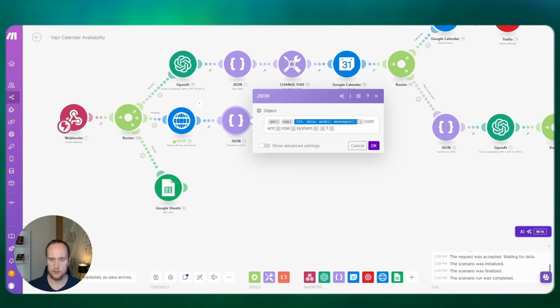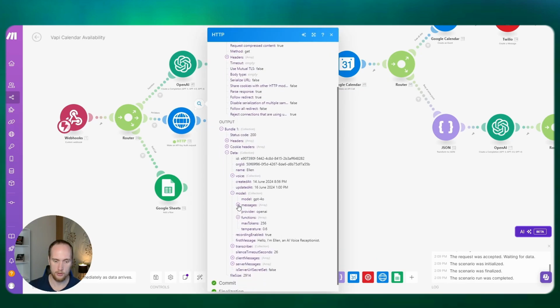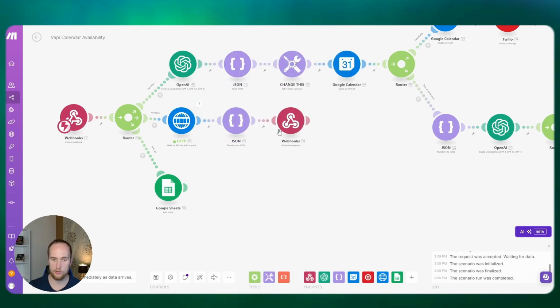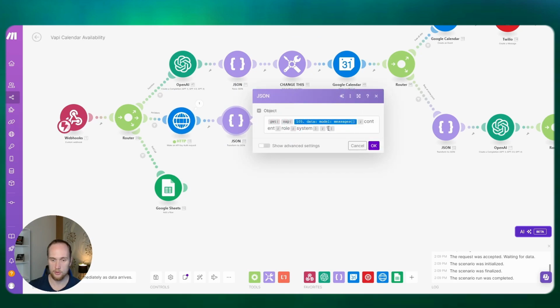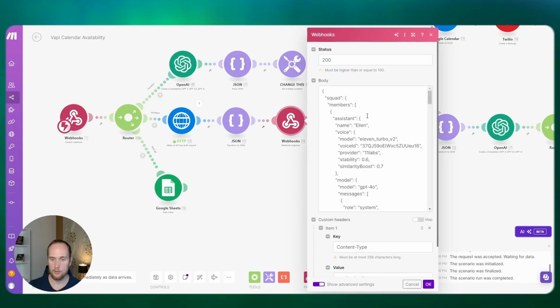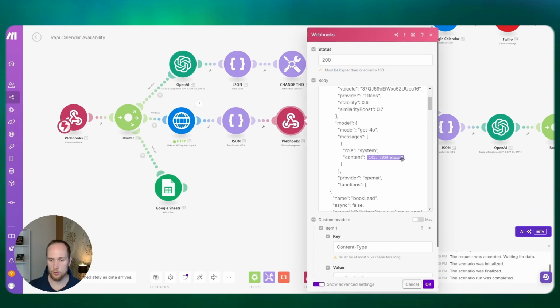This is the setup I had. I'm mapping the messages: if the role is equal to system, then grab the content from the messages, and you grab the first one, that's what the 1 is for. Then I put it into my prompt here.